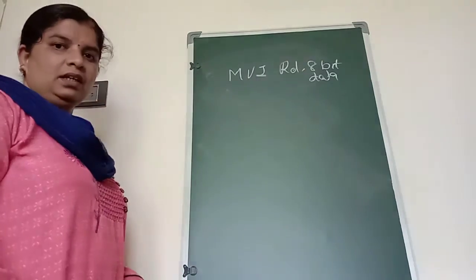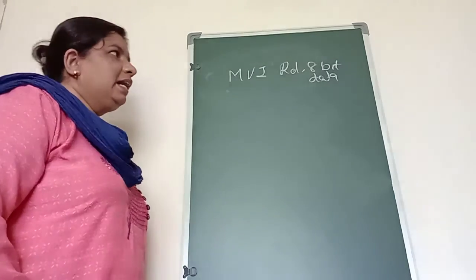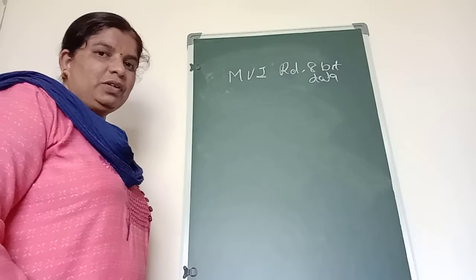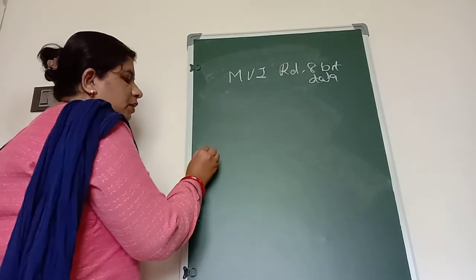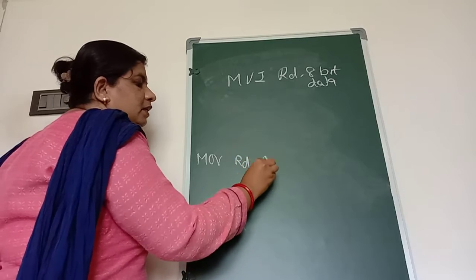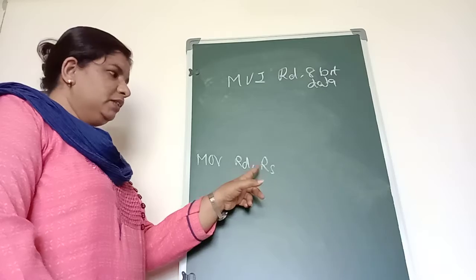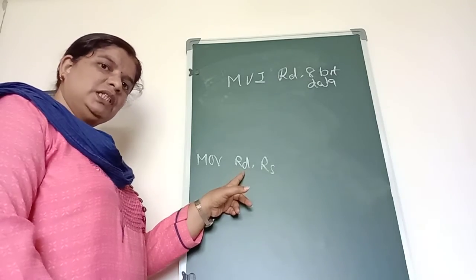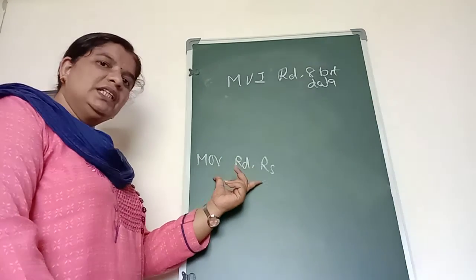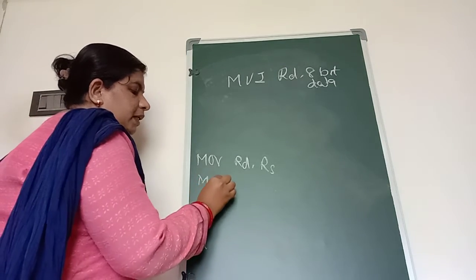Hello students. In the last lecture we started with the data transfer instructions, and in that the first standard format we have already studied, and that is Move RD comma RS. In this case we have seen that the contents of the source register will be copied to the contents of the destination register, and with this standard format it is possible to generate multiple instructions